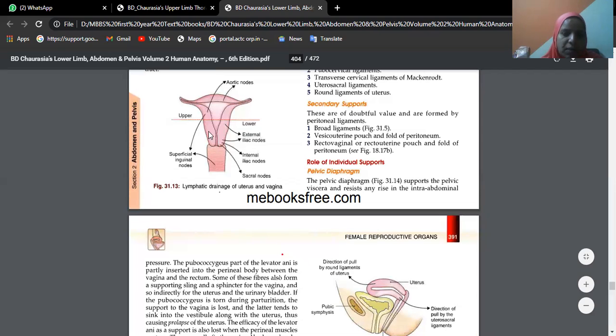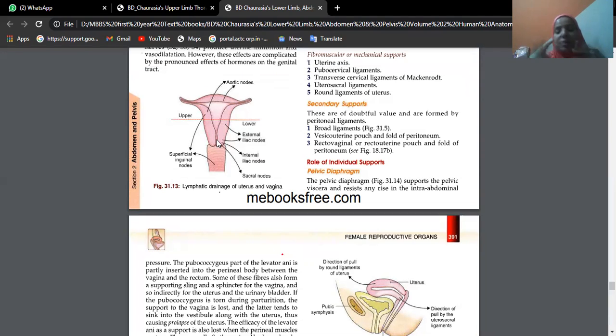Inferior to the body we have the cervix. The cervix has an opening towards the interior of the uterine cavity, which you call the internal os, and it has a communication with the vagina through the external os. Between the internal os and external os, this area is called the cervical canal. This cervical canal will have mucosal folds arranged like a fern tree, like in cold countries, you will see an Ashoka tree-like pattern, that fern tree.